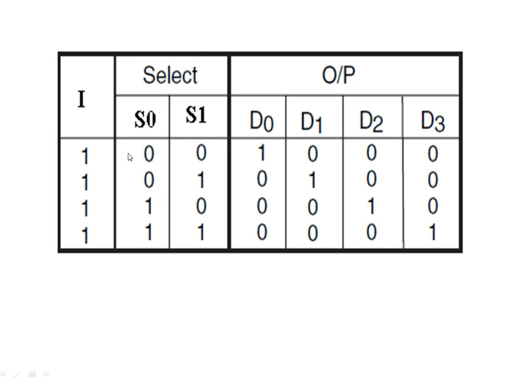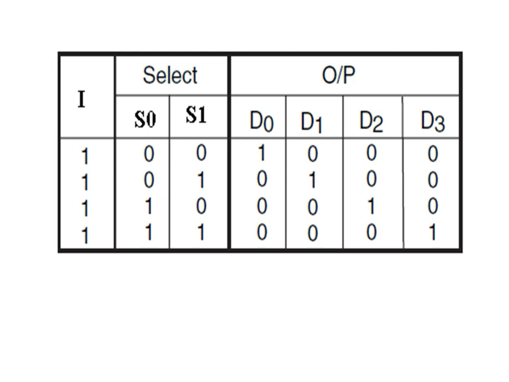These are the outputs. You give only one input, selected to a particular point, and when that selection happens, the particular target is selected. When you are entering a room, what happens? You enter one by one. The first person belongs to the first selection, the second person to the second selection, the third person to the third selection, and the fourth person to the fourth selection.